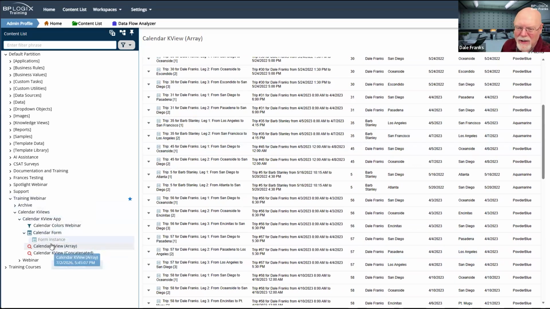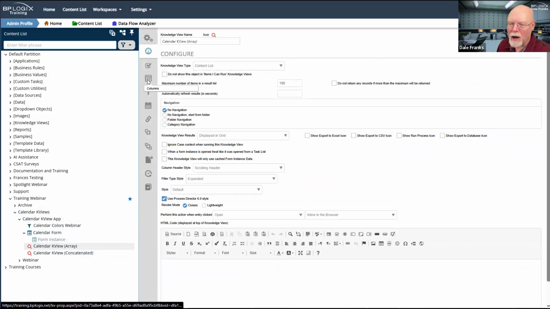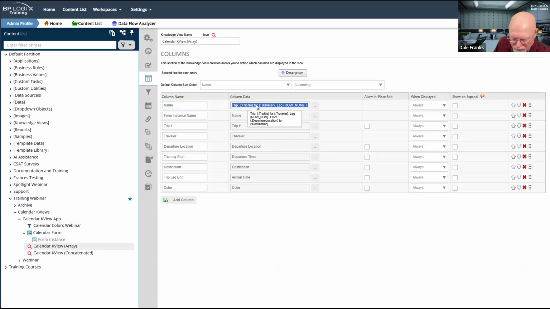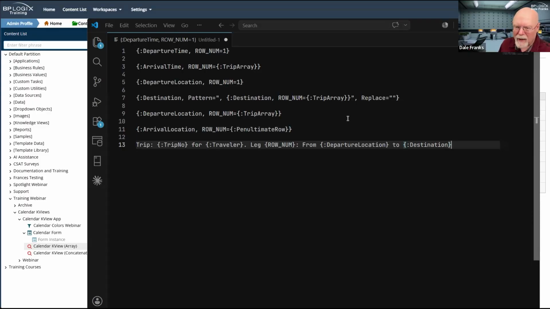Let's actually take a look at our columns to see how we've configured our columns, because we're going to be configuring different columns for each of the arrays or for each of the knowledge views. So in the first one, I have the name. Now, what I have done is I have concatenated the name. And I think I went back and actually changed the form.